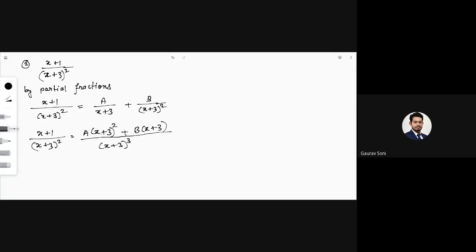Okay. So I can take x plus 3 common from the numerator. So that will be a into x plus 3 plus b, bracket complete, x plus 3 that is common from the numerator, and in the denominator I have x plus 3 cube. So one of them will get cancelled out and the degree is 2. x plus 1 upon x plus 3 square. Now look, x plus 3 I can cancel out like this. So what we have got, x plus 1 is equal to a